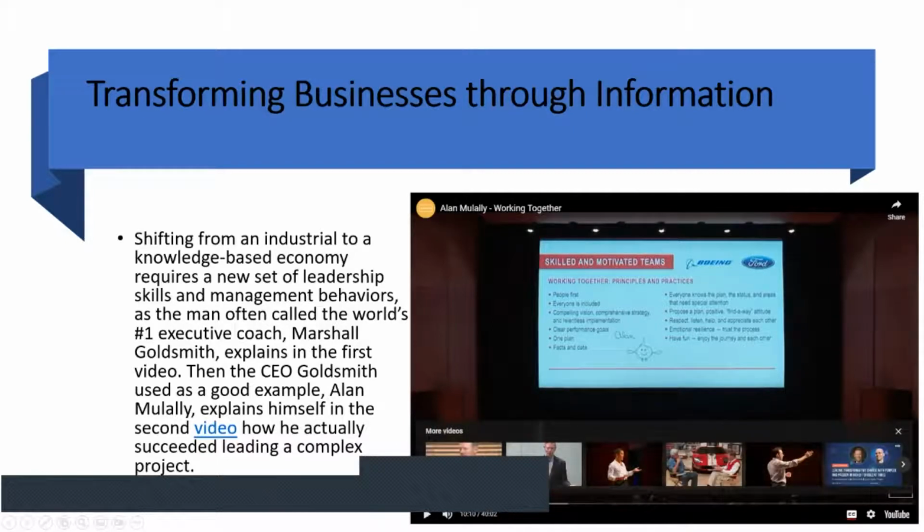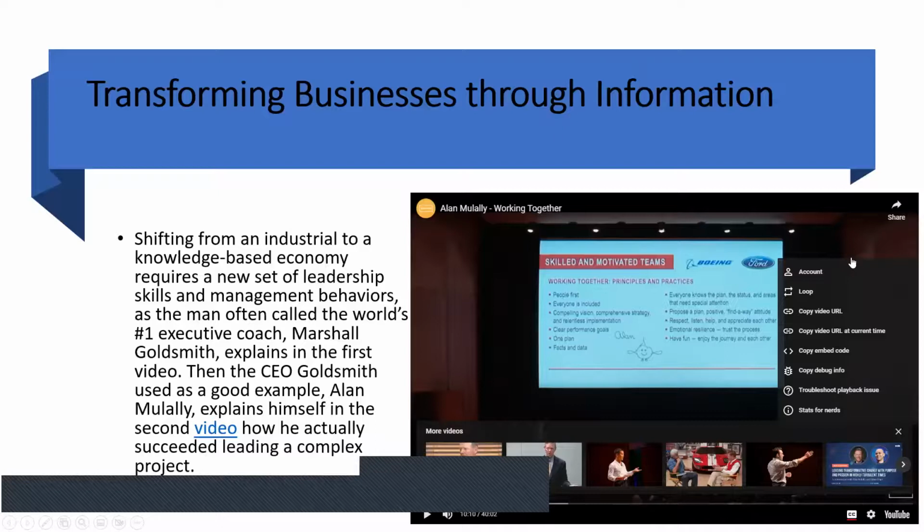Okay, I'm gonna stop it here. I know looking at this from 10 minutes, but there's the remaining 30 minutes that I want you to watch fully. Take a look at that. When you click the share, when you right click on the PowerPoint, just click copy video URL and make sure that you watch this video, the last 30 minutes of it.